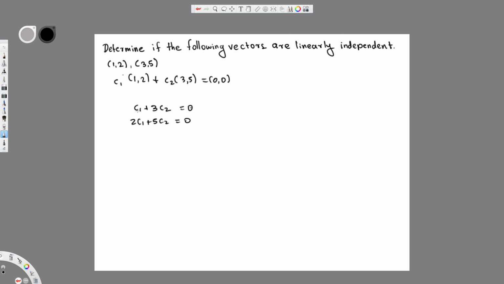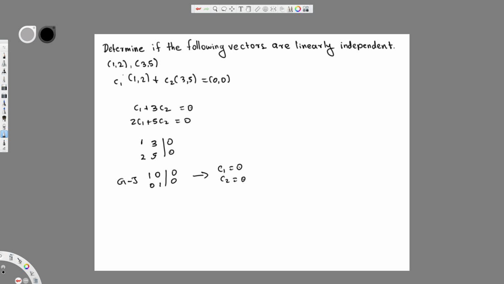Then what I can do is simply bring it into matrix form to solve with the Gauss-Jordan method. So to do that, I have to bring it in this form. It's going to be a matrix, 1 3 2 5, with 0 0 on the right side. If I do the Gauss-Jordan for this one, it's going to become 1 0, 0 1, 0 0. So since this is true, we can find that c1 is equal to 0,